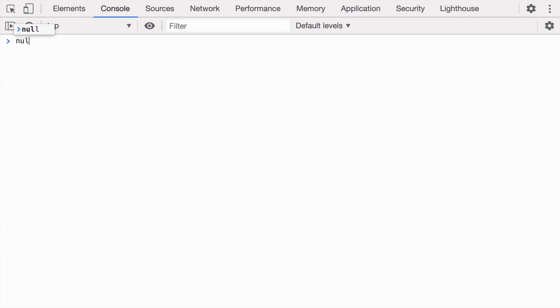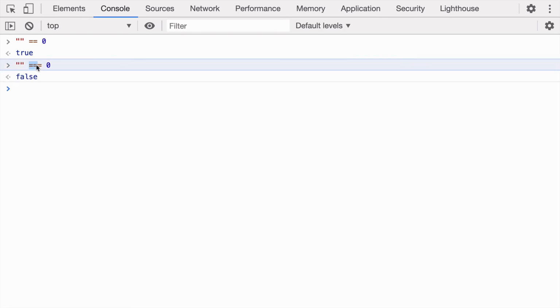So what if you compare two values like empty string is equal to 0? Here we are using double equal to, and the types on the left-hand side and on the right-hand side are not the same. So implicit type conversion will happen. And when we press enter, we see the output is true. Similarly, when we do the same thing, but this time using triple equal to, it doesn't allow implicit type conversion to happen, so it will not work.